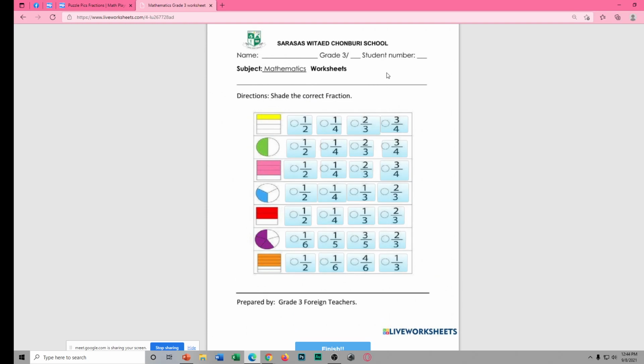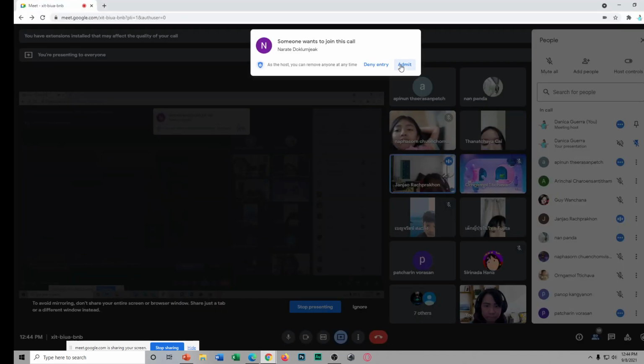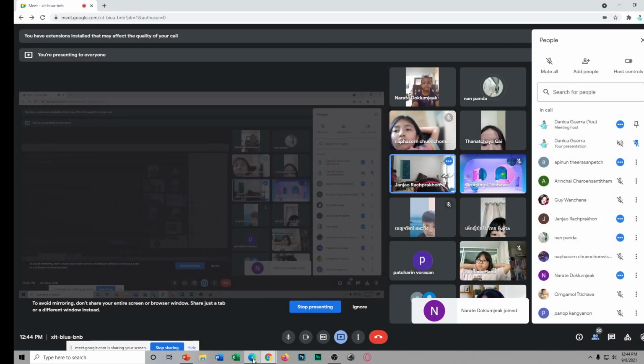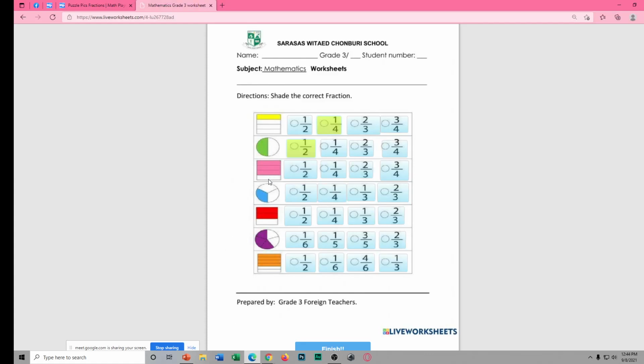For number 1, what do you think is the fraction here? What do you call this fraction? It is 1 half, 1 fourth, 2 fourths, or 3 fourths. 1/4, 1 fourth. Next, this one is 1/2, 1 half. Do not say 1 1/2. Next, this one is 3/4, 3 fourths. Next,